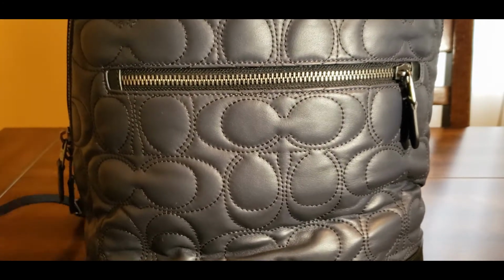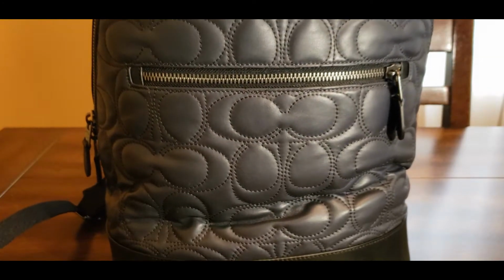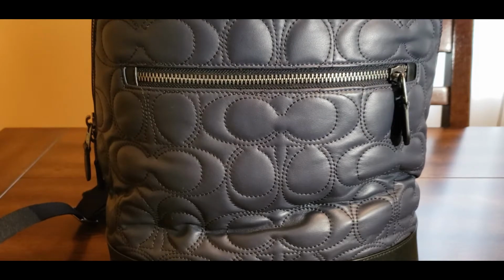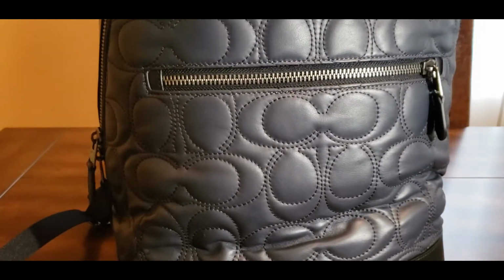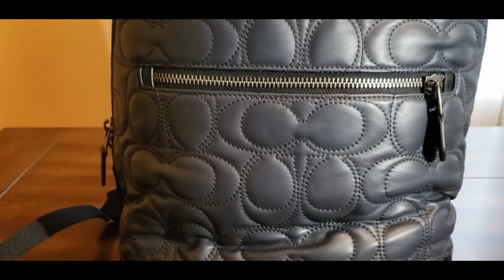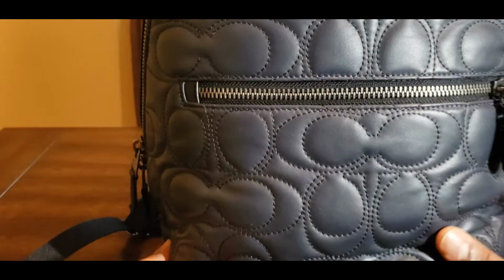I've owned quite a few Coach items, as you guys already know. Okay? This particular item is special. You know, this quilting on here, I'm going to tell you guys something. I've reviewed quite a few items before, but this particular